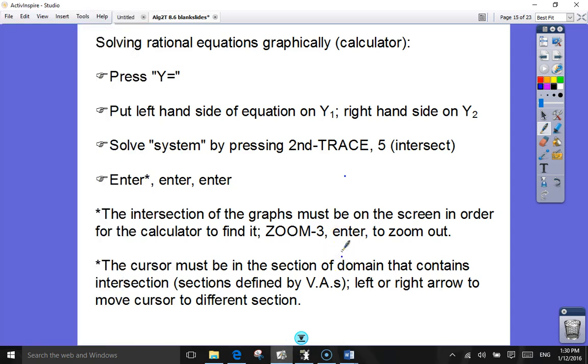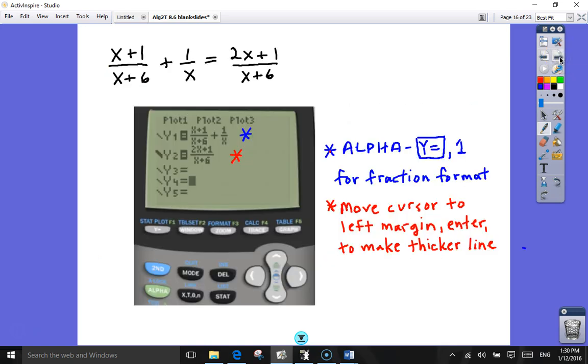And sometimes you have to move the cursor on the screen to the left or the right to get to the portion of the graph you want to be in, especially if there's vertical asymptotes involved. So we know that there are because these are graphs of rational functions. So we're going to solve this one right here